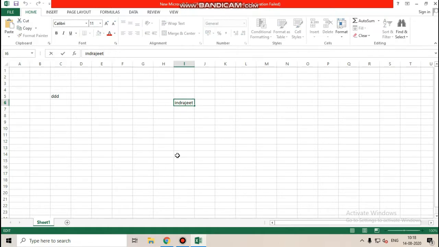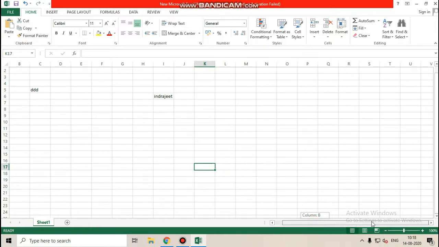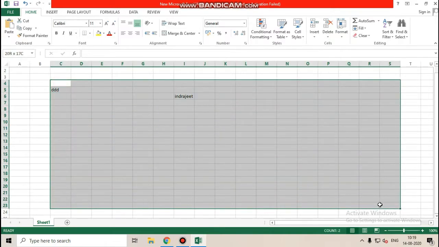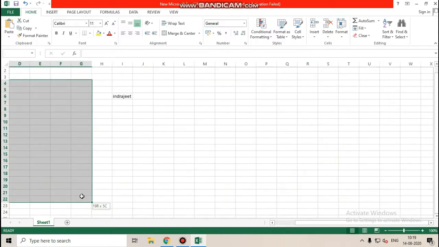If you click here, whatever is written in the cell you can see here. So this is the formula bar, and you have two scroll bars. We call them the vertical scroll bar and the horizontal scroll bar.